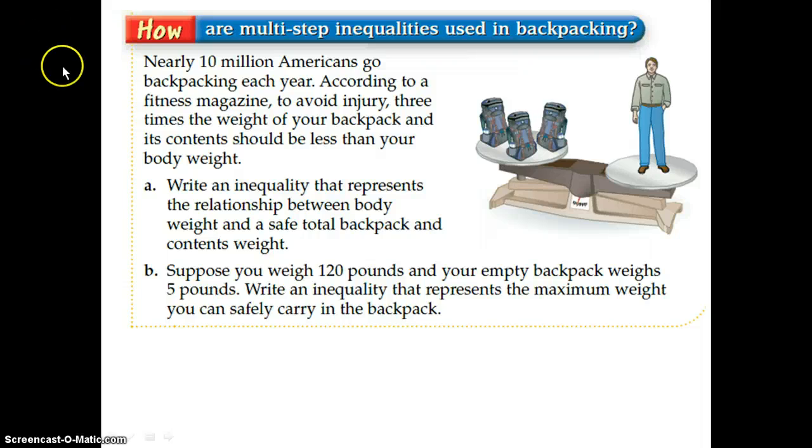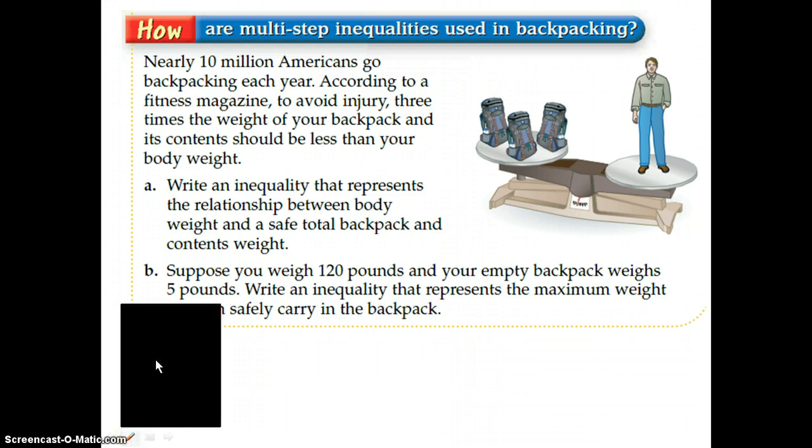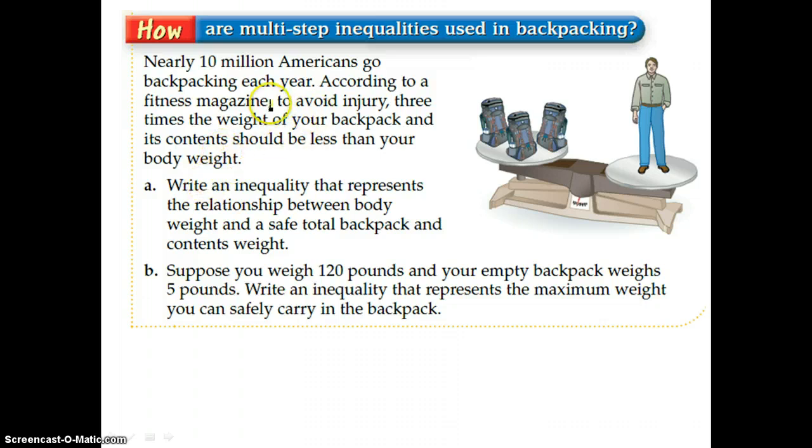Nearly 10 million Americans go backpacking each year. According to the fitness magazine, to avoid injury, 3 times the weight of your backpack and its contents should be less than your body weight. So in order to write our equation, or inequality in this case, remember that you have to identify the important phrases. So we'll go ahead and highlight 3 times the weight of your backpack and its contents, and then should be less than